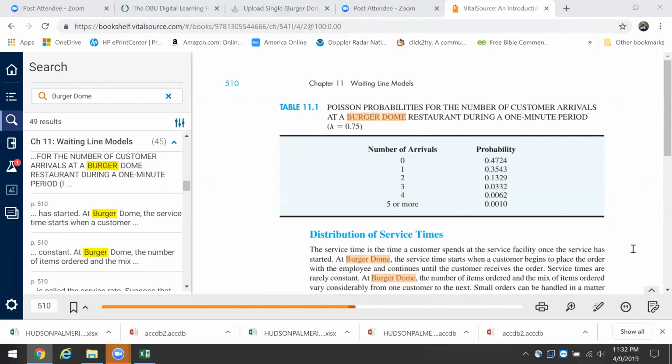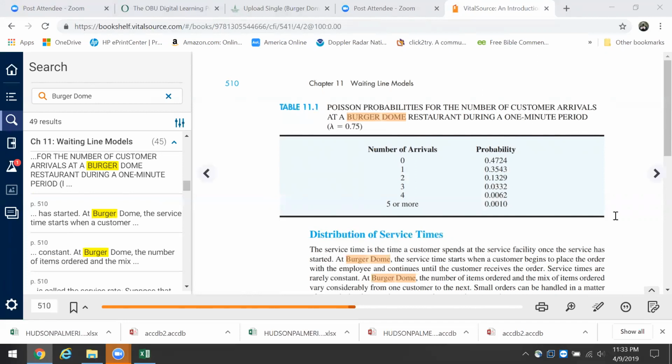Now remember, Poisson is based on kind of a stair-step approach, which says we have a steady state, and then a bunch of people come in to be served, and then we go back to steady state, and then we go up again. That's customary of any place where there are going to be some random arrival times, but there will also be some arrival times where the bulk of the distribution comes at a particular time, like the dinner hour, lunch hour, breakfast, okay? And so we have the probability that we'll have a certain number of arrivals,